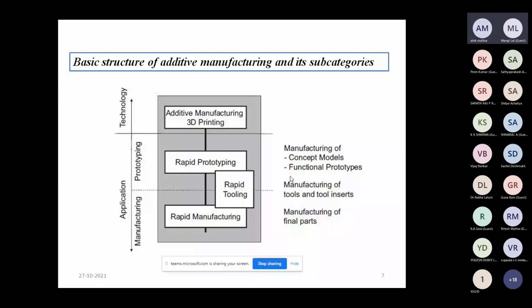But in between rapid prototyping and rapid manufacturing, there is rapid tooling. So what is rapid tooling? Rapid tooling is that we can generate one common tool or die that can further give repetition of the product. Okay, so this is the basic structure of additive manufacturing and its subcategories.